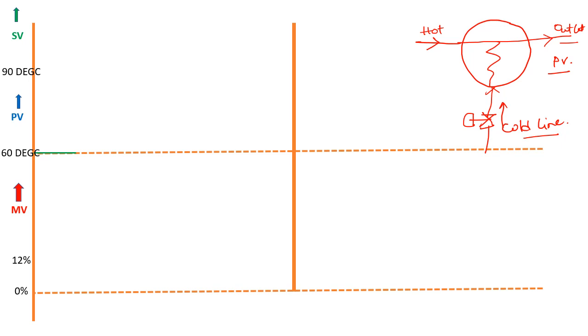Now suppose in the beginning the temperature is set at 60 degrees centigrade, and the output is at 12%. This is maintaining the PV at 60 degrees centigrade. Now there is an operator who suddenly increased